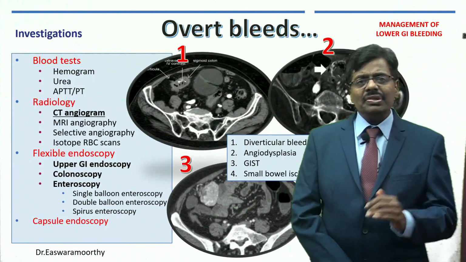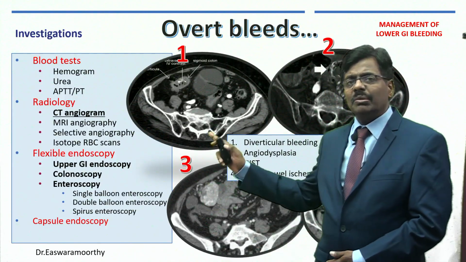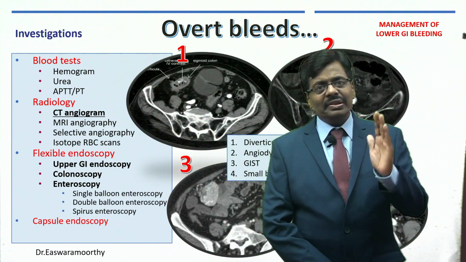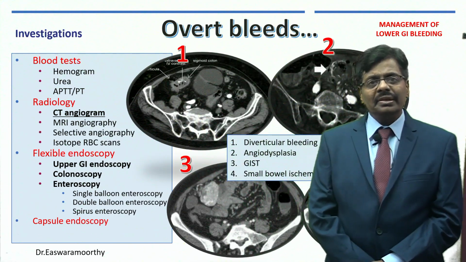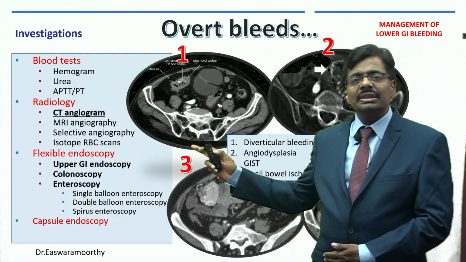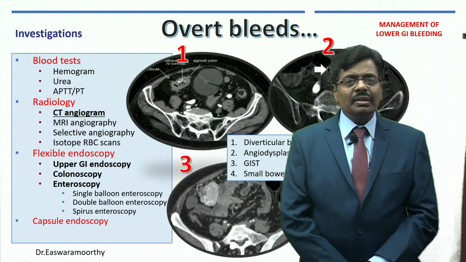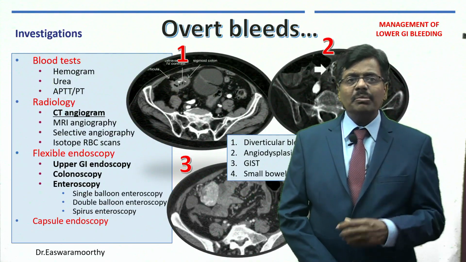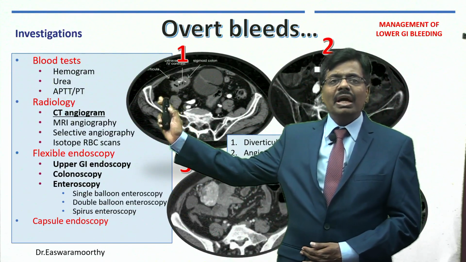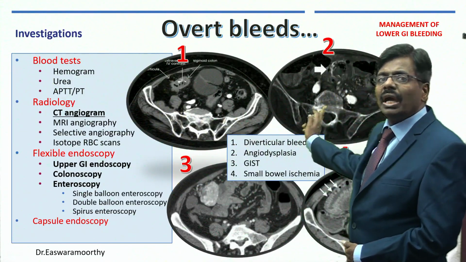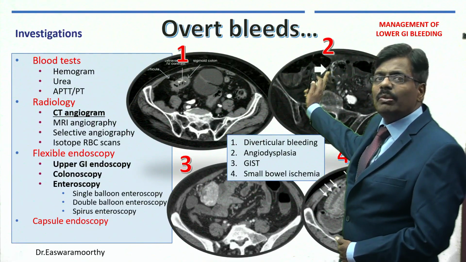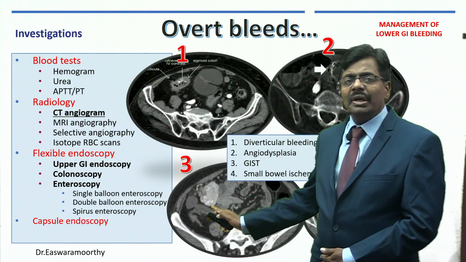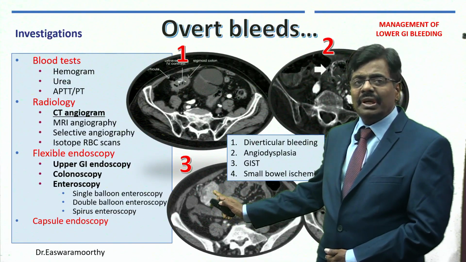Coming to the investigation, as I said, starting from the basic blood investigation, usually in upper GI bleeding we all know urea is elevated, whereas in lower GI bleeding it is normal. And always see the patient's coagulation profile, then go for, in an unstable patient in particular, a contrast CT abdomen, because they may have a diverticular bleeding or it may be angiodysplasia. You will be able to see a blush there,